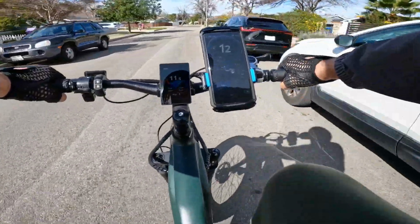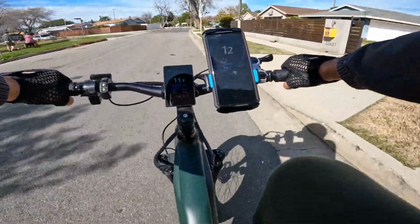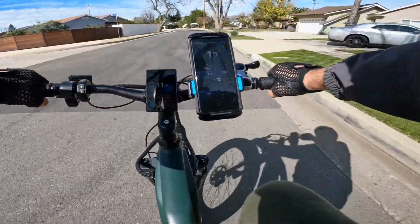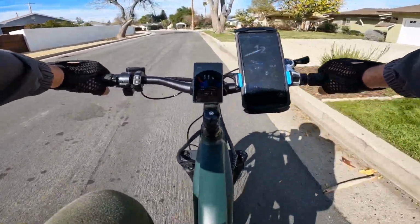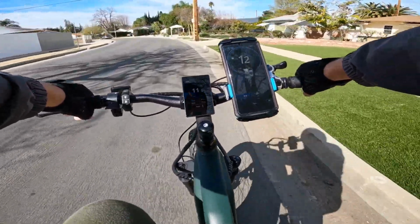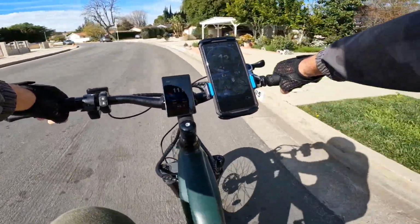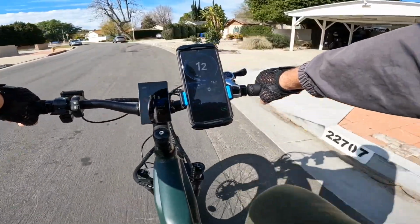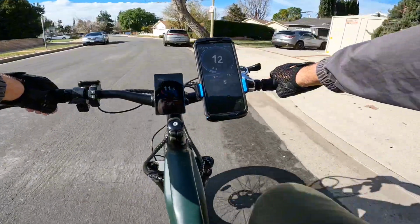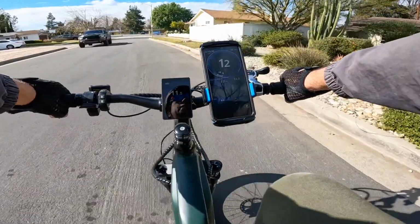I'm thinking to take the goat bike for a long range test. Since there are no pedals, I don't really want to get stuck somewhere with that big bike. I know I can go somewhere and try to charge it, but it might take some time. That's why it might be a good idea for me to get the pedals attached to it. Another thing is to get a second battery,